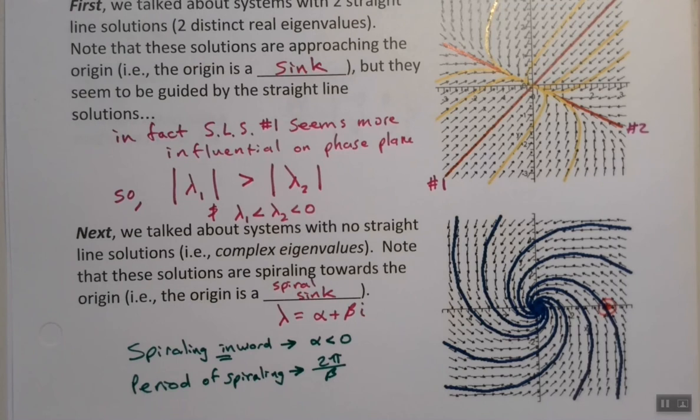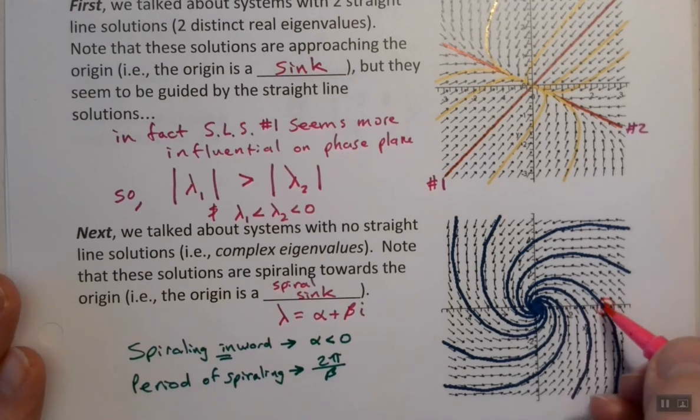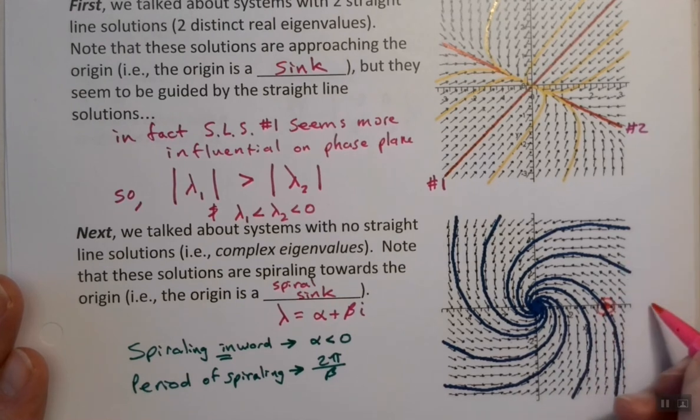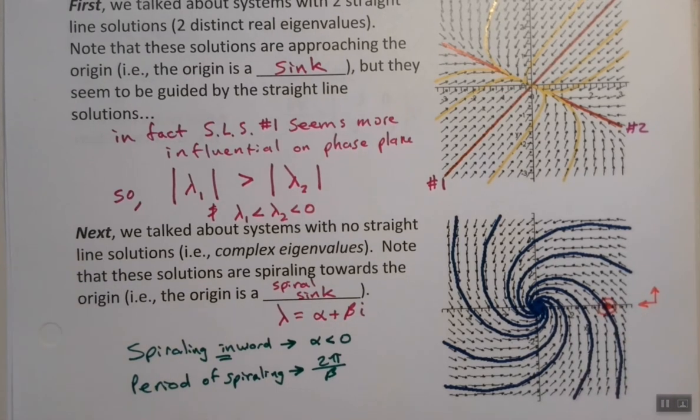At the initial condition here, x of t is getting smaller, more negative, and y of t is getting more positive. So x is going this way, while y is going this way. If you resolve those two vectors, you can see that counterclockwise spiraling is telling us, based on how the x and y change over time. So this counterclockwise spiral